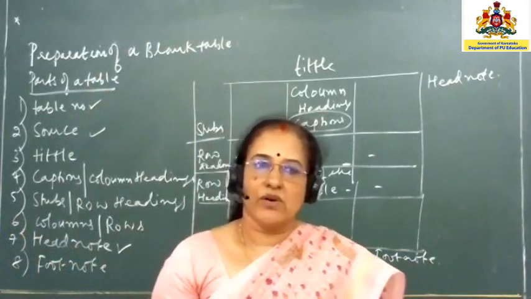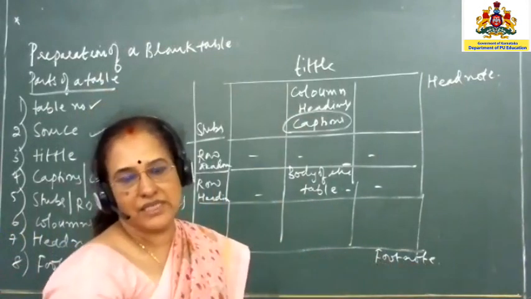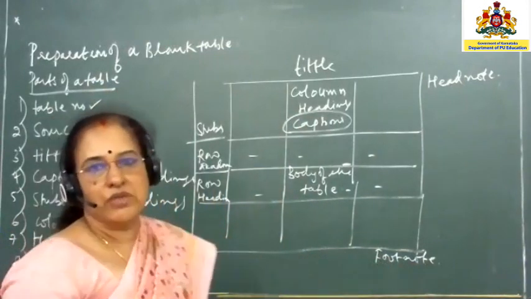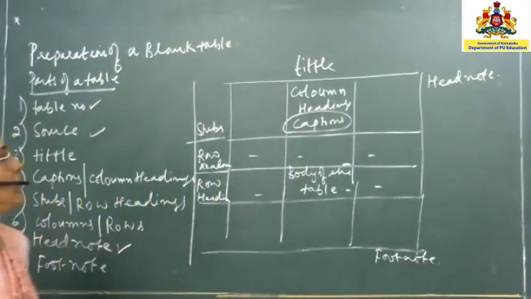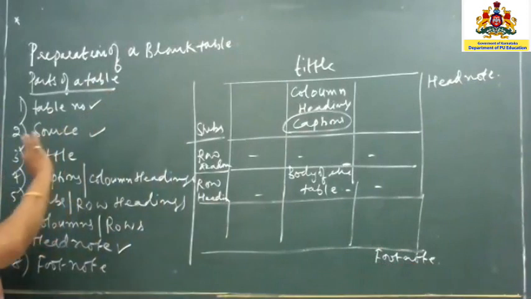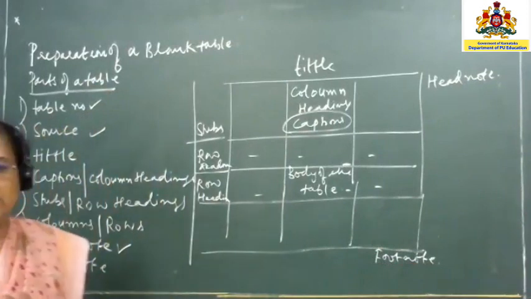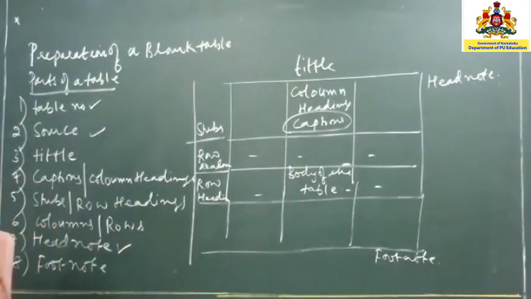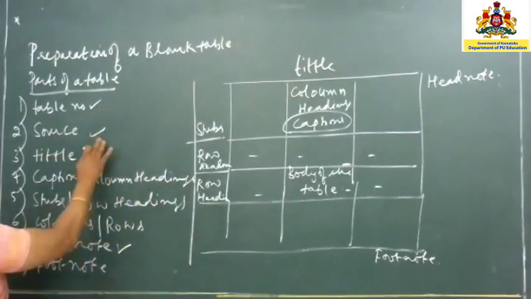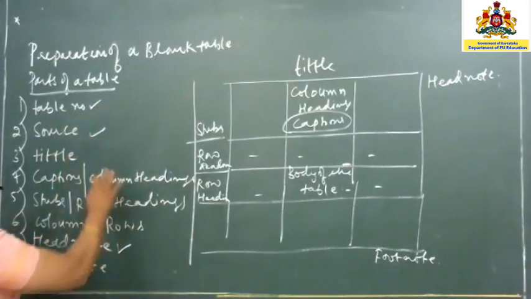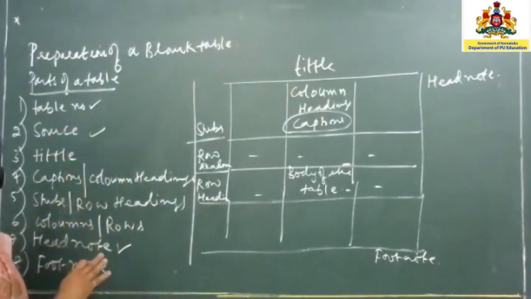Now otherwise you have what is called the rules of tabulation. The rules of tabulation mean you will have to write in your own sentences. For example, you will write like this. Whenever you have to write down a table, the first rule says that the table should carry a table number. The second rule, a table should have a source. The third one, a table should have a suitable title.